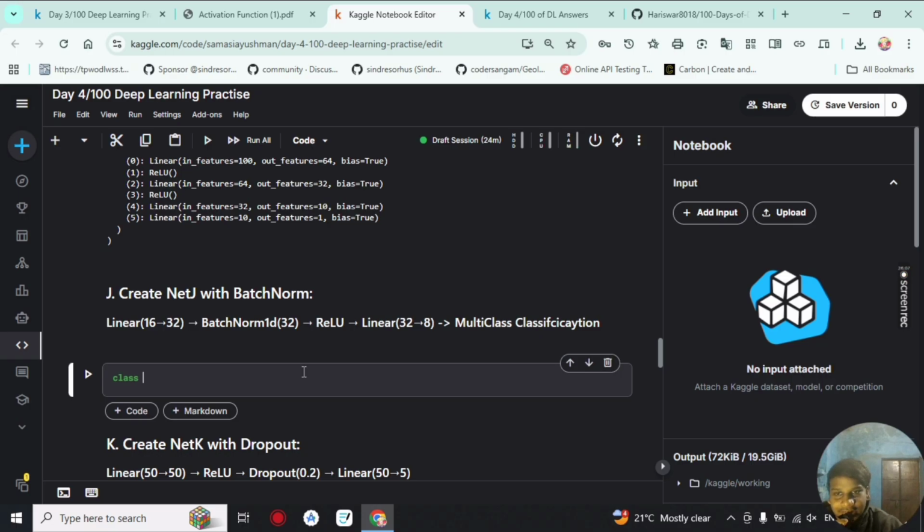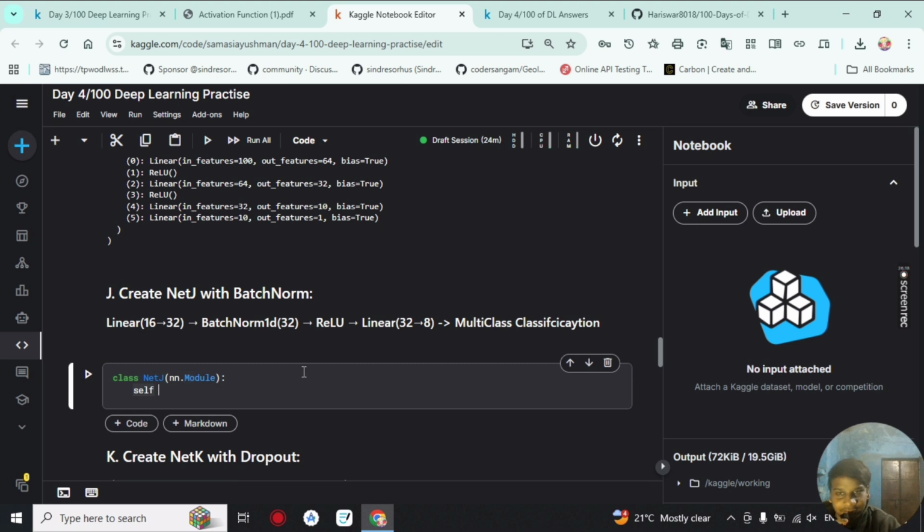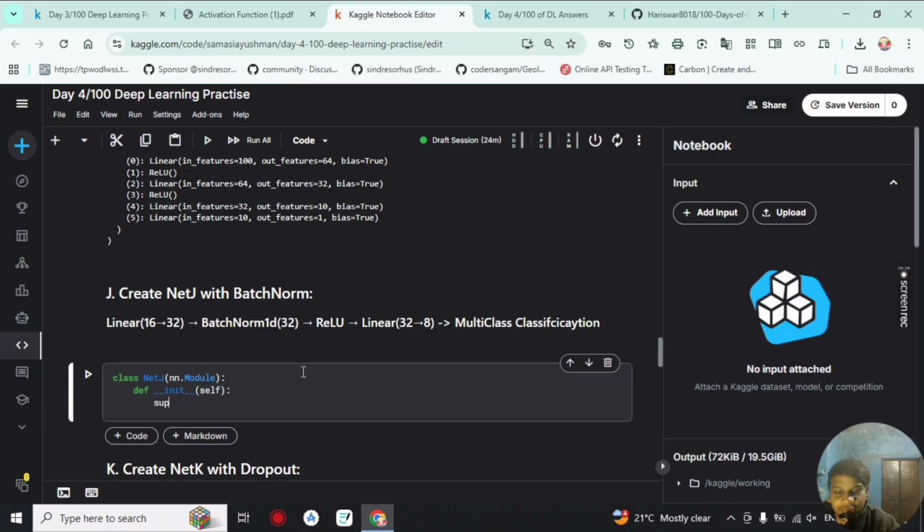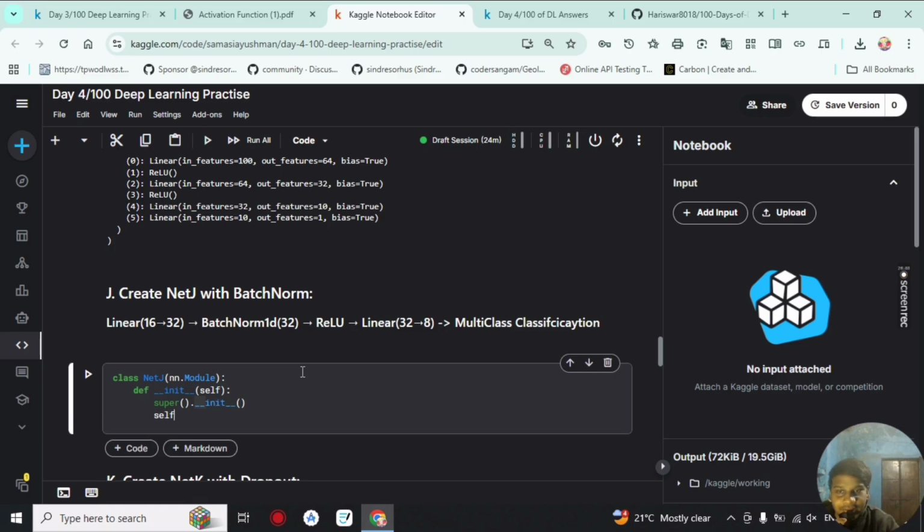We will have our class netj with nn.module here, then we have our self, then we have our def init, which will take our self, and then we will initialize our super class here, init. Then we make a sequential layer here, nn.Sequential,